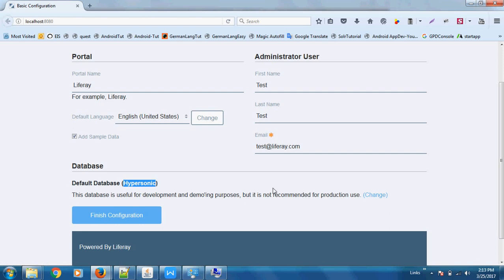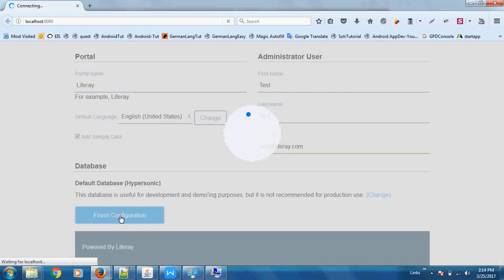Later, in the next tutorial video, I'll show you how to configure this database and other things. Just click on Finish Configuration after doing all this basic configuration, and behind the scenes it is going to perform some basic setup for you, and then it will load the home page of Liferay 7. So just wait for it to load.